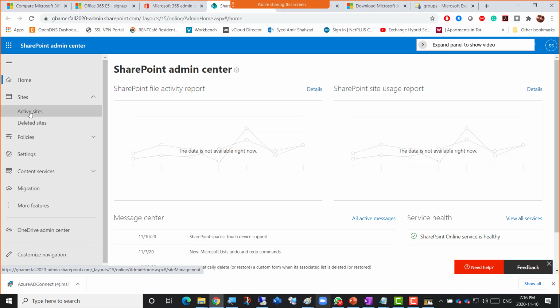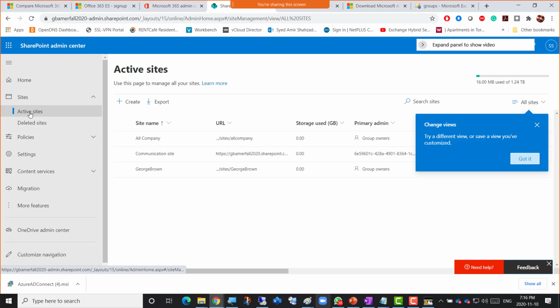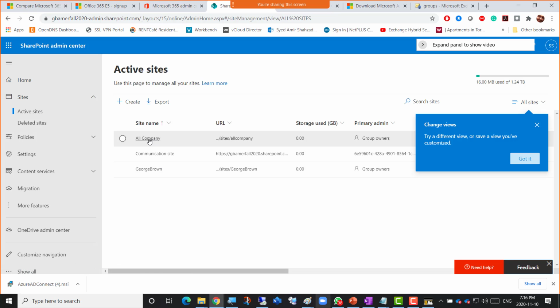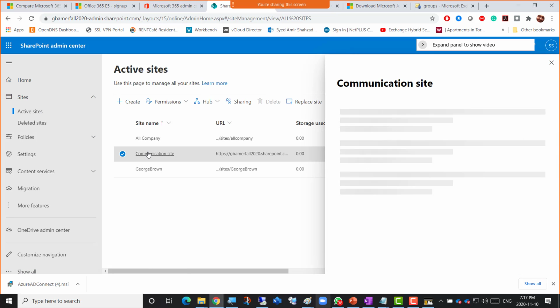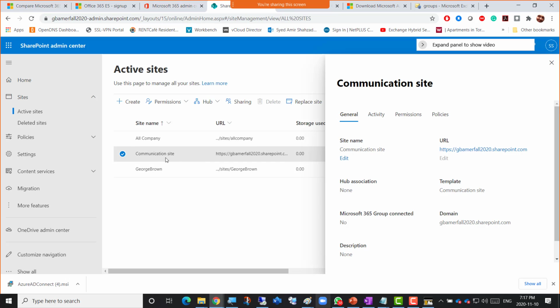So sites, and normally they do create a site there, but you can create company professional sites there as well. There's an all company site, there's a communication site, right? So sites, active sites, communication site. Once you click the communication site here, there's a URL, and it will open that particular site where we can try to add a security group to check that it is a legit security group. So if we click that URL here,